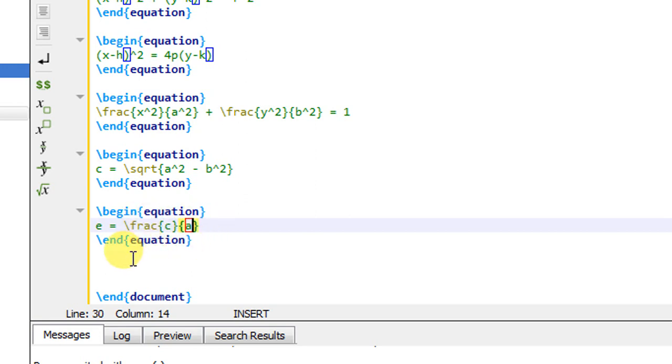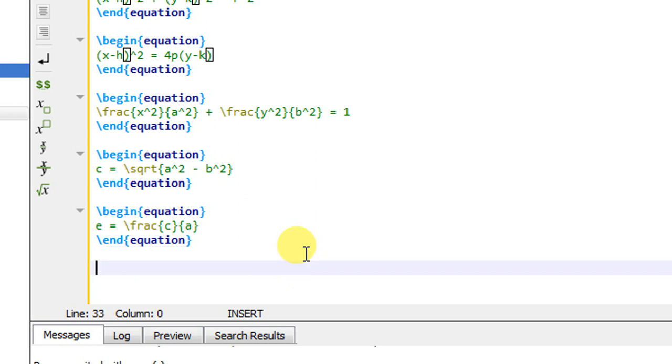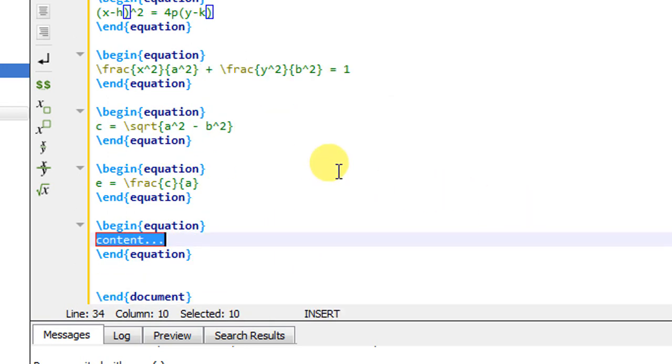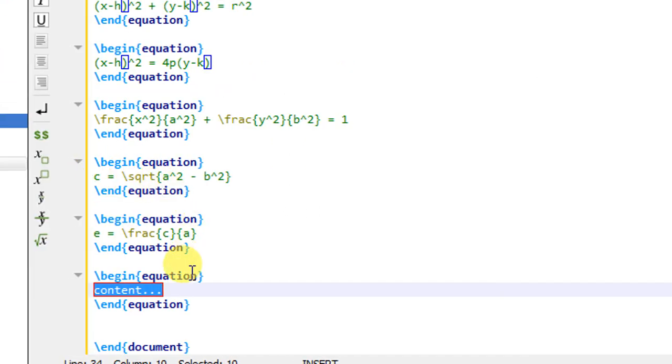Now one additional thing in fraction. Suppose I consider backslash begin equation. So it is producing the equation environment. Now sometimes you want text in the numerator and denominator, such as suppose I have the formula for speed. Speed is nothing but, in the numerator, distance traveled per unit time. So how can you implement this? Speed is equal to frac, in the numerator we require the distance traveled, and in the denominator we require time.